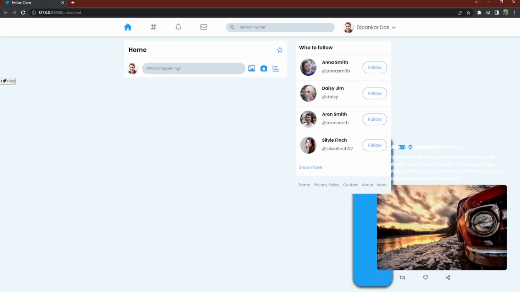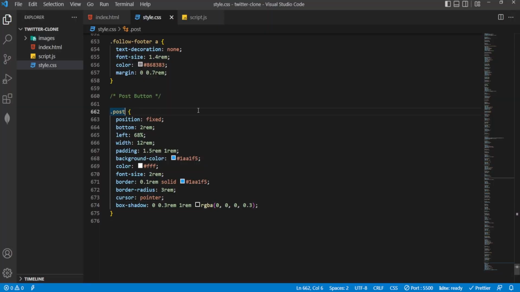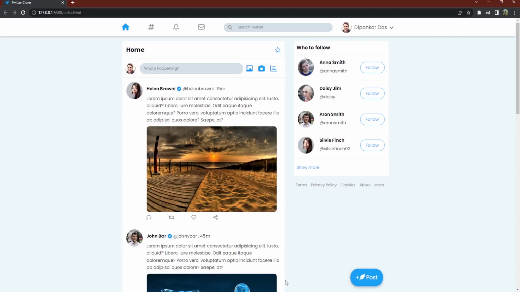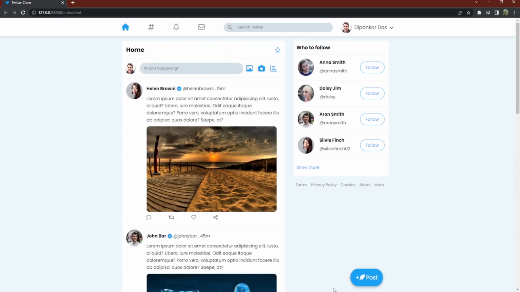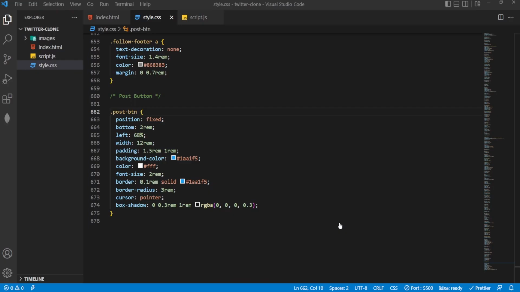Okay, so I've made a mistake somewhere. So let's check it out. So this will be the post btn, not post. So now let's check it. Okay, so everything is looking fine. So now the last thing we need to do is create some hover effect. On hover effect, I am going to change its background color. So let's select the button with hover,